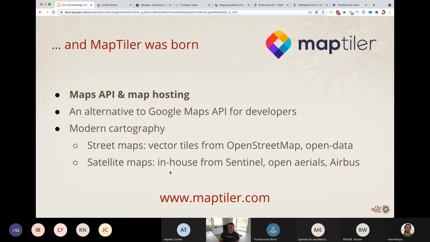The work on OldMaps Online has given birth to the company which I now currently run, called MapTiler, and it provides Maps APIs and map hosting to developers. It's an alternative to Google Maps API. So if you need a slippy map, a zoomable modern map in your web browser, you just have to go to